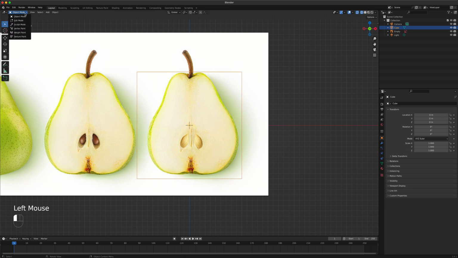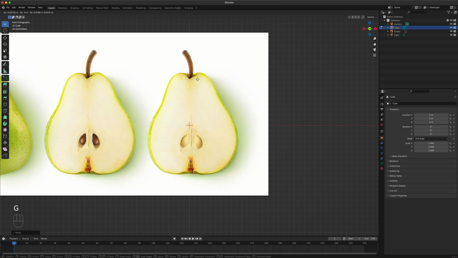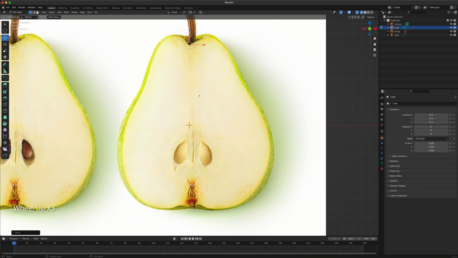So I'll go to edit mode. Make sure that all points are selected. So I'm going to press A to select everything, and then M to merge at center. What happens is that all those points, all 8 of them, merge into a single point here, and I'm still in edit mode, and that point is still selected. So I'm going to press G. I'm going to position that. Actually, let me show you here with the move tool. I'm going to grab it along the Z-axis, so that's the center of the pear, or the world